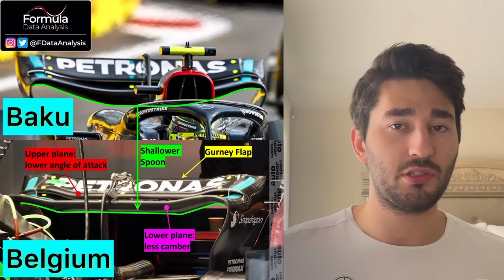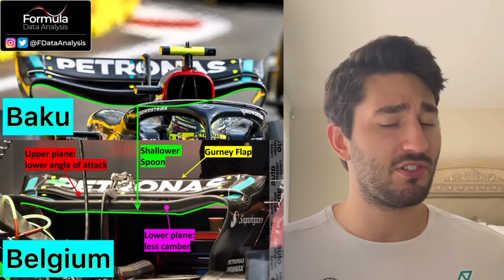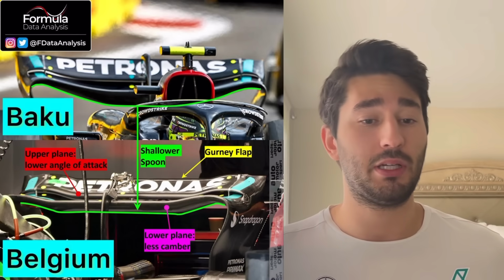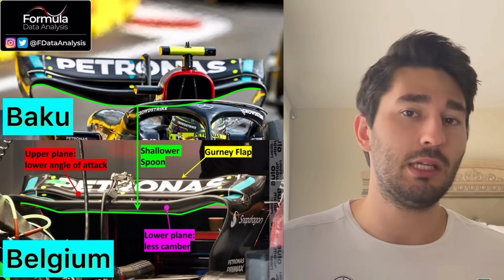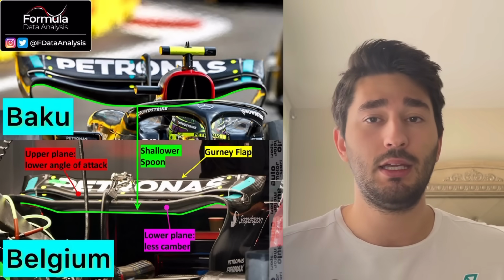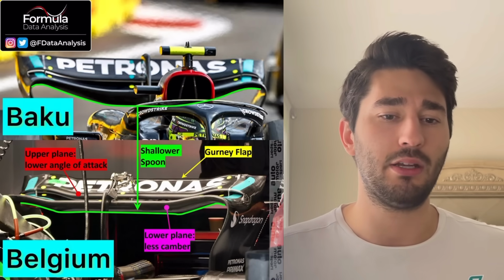This is really just resulting in a car. Now, will the DRS efficiency be that great there? I'm not too certain, but they will be pretty fast in a straight line without the DRS, and sometimes that can be the key in certain races. And the Mercedes car was actually pretty quick without the DRS in most races that we've had so far this year. We're about to go into the side pod upgrades, and I'm going to go really into depth about these,